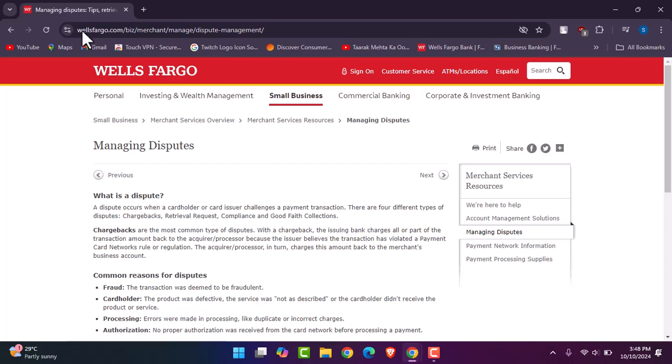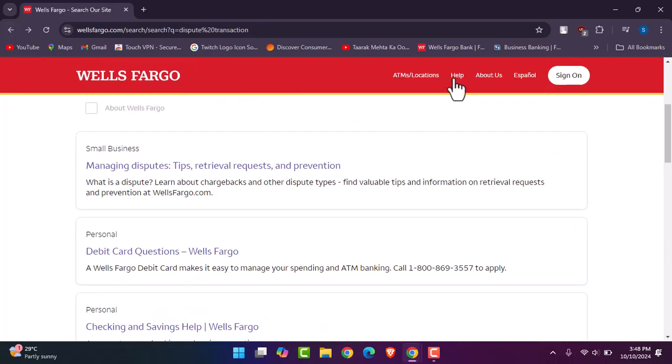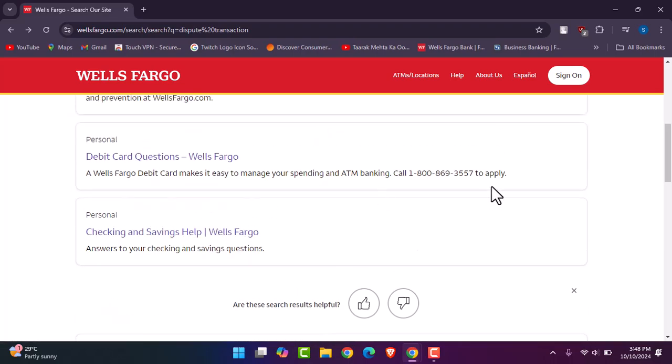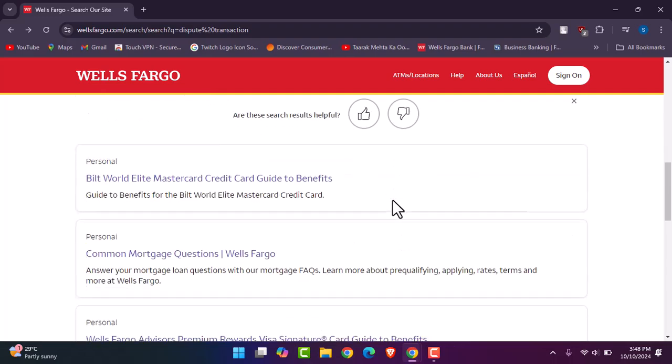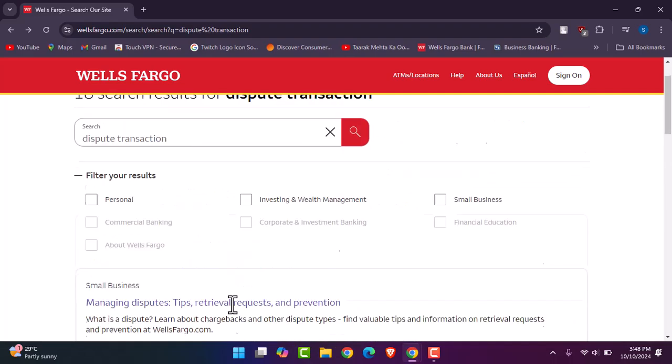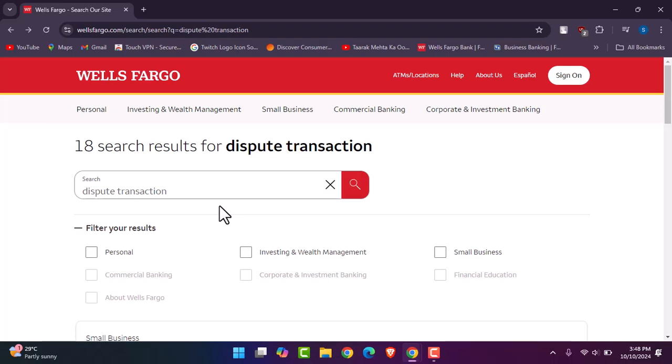So the easiest way for you to retrieve your disputed transaction would be simply contacting them, which you can directly find in the help section as well. And right over here, you can see this is the number to apply for, this is the number to be calling, and you will be able to dispute your particular transaction. So this is